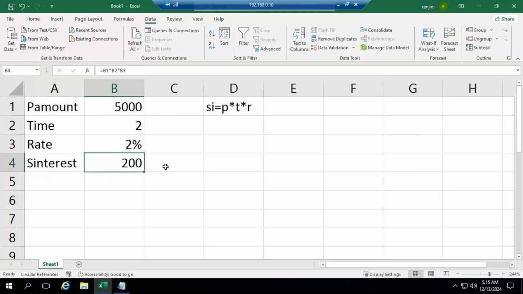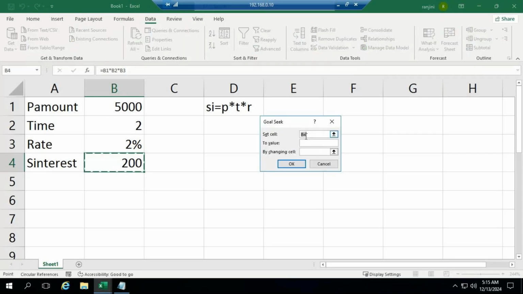So I'll just repeat. You should be in the cell where you have arrived at your simple interest value. Then you can go to the Data tab, What-If Analysis, Goal Seek. The Set cell is the cell where you have arrived at your simple interest value. But now I want my value to be changed, either increased or decreased, either of the two ways. So I want my value to be